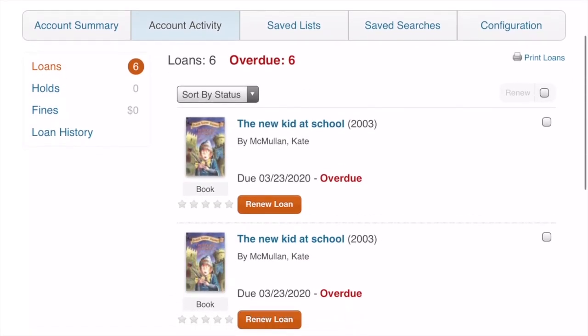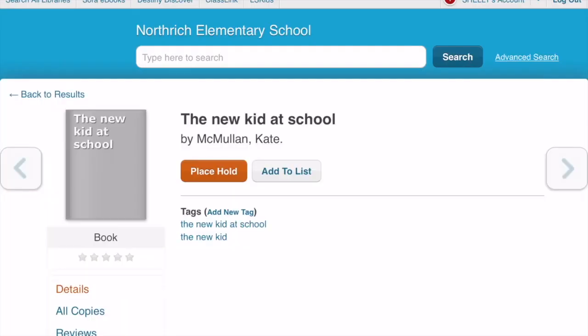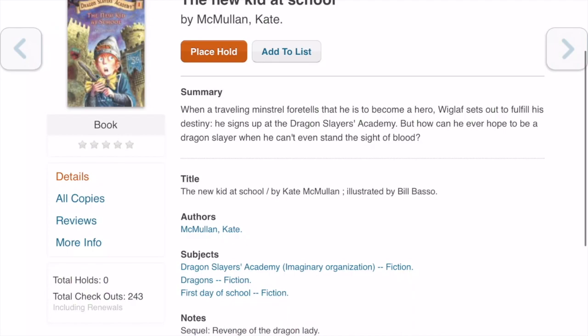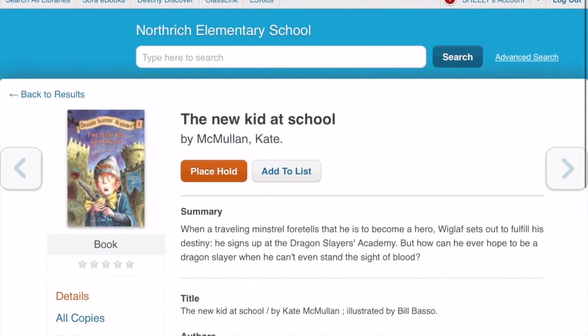Again, I go back to loans. I can see the covers of the books. I can even tap on them to get a bigger picture of the book, get a summary of the book, so I can talk to my kid about, well, you don't recognize the cover, but do you remember what this book sounds like? All of these tools are there just to help you help your child find their library books and get them